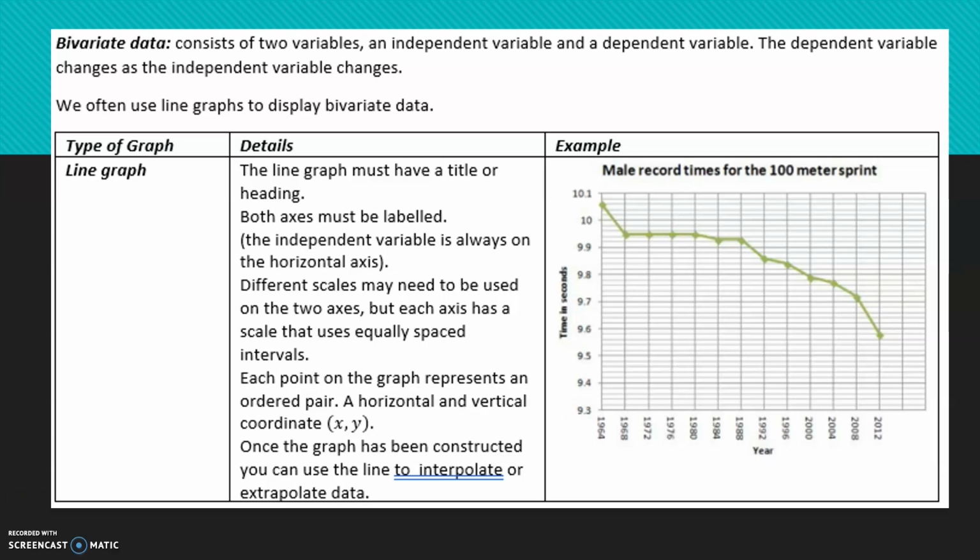Okay, so this video is going to go through line graphs. The key features of a line graph are that you must have a title and both axes must be labeled. You must also have evenly spaced intervals on each of your axes with your values listed there as well. You must also obviously have your points on the graph, and these are ordered pairs, so your x value and your y value come as a pair, and you place the dot and then you join them with straight lines